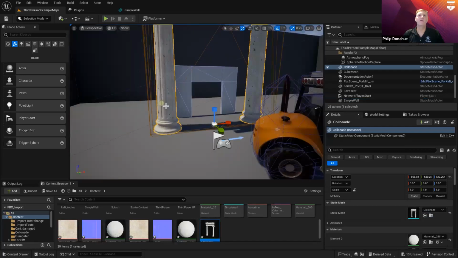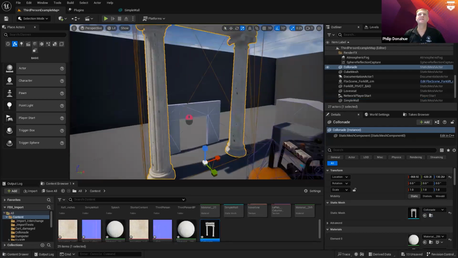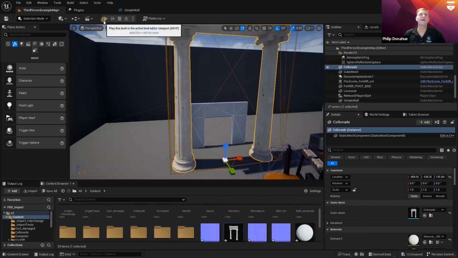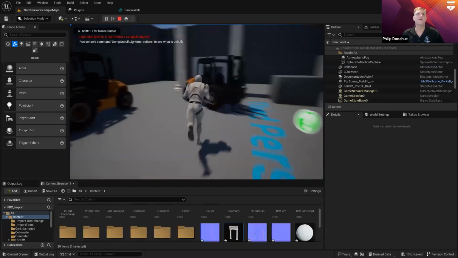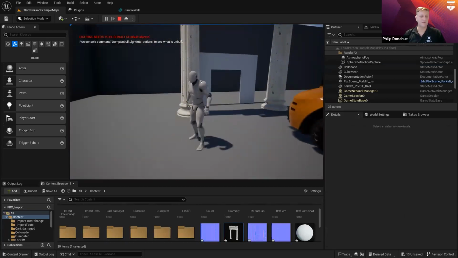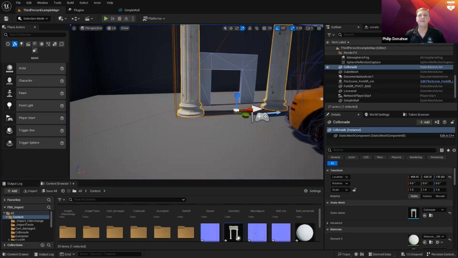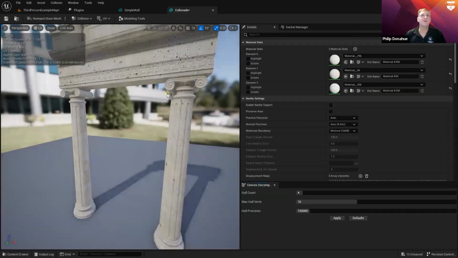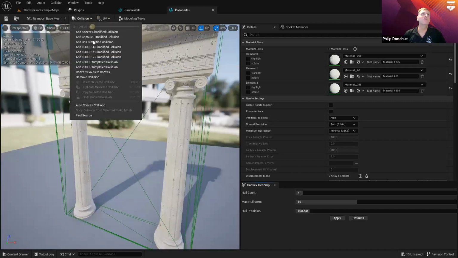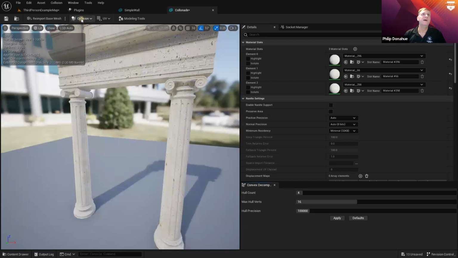It's got rounded features, but again, I can't run through it because it's not been set up right. So what I can do is take this into my static mesh editor, and I'll show my collision, and I'm going to remove my collision, and then I'm